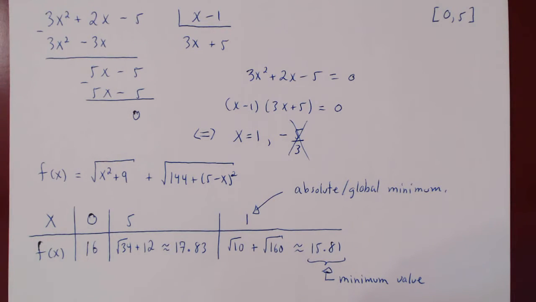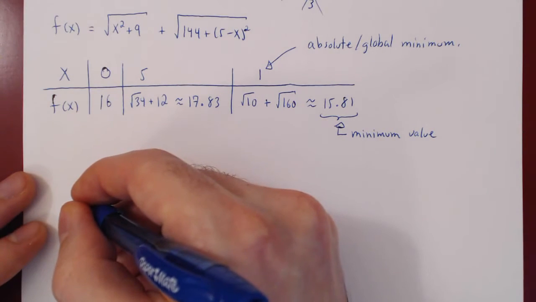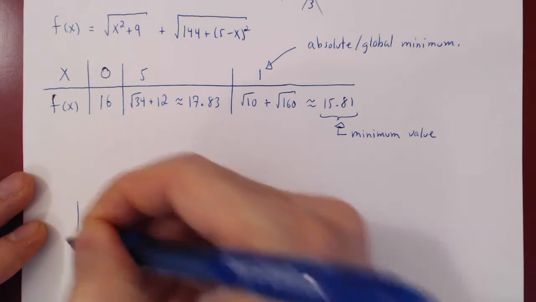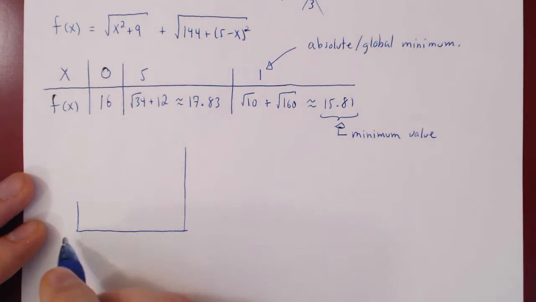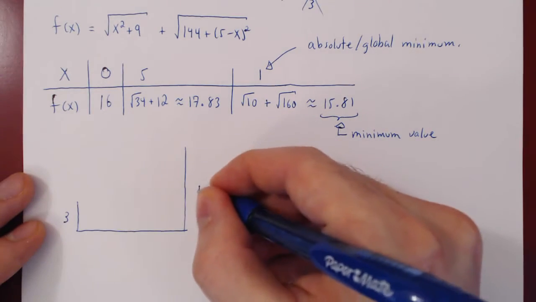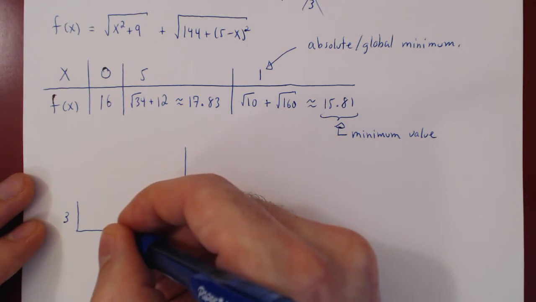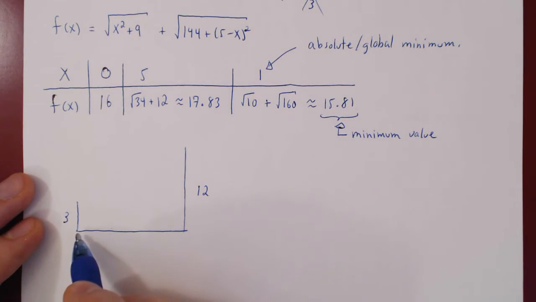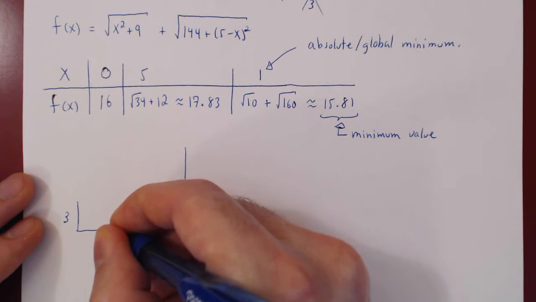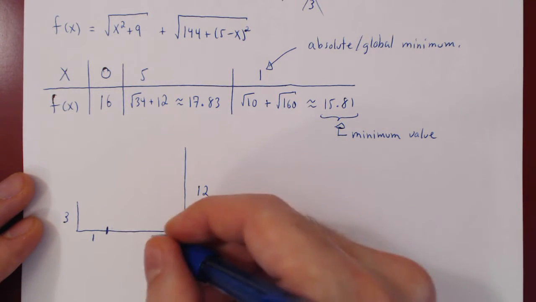And we're done. So if we draw the picture, you have your two posts. One is 3 meters high, the other 12 meters high. And this was 5 meters. And we know that the stake should be placed, x was 1. And recall your picture that x was the distance from the shorter post. So we have to plant our stake 1 meter away from the shorter post, therefore 4 meters away from the